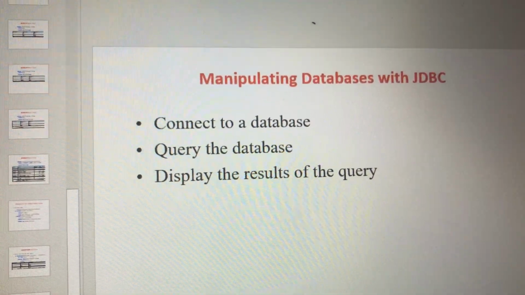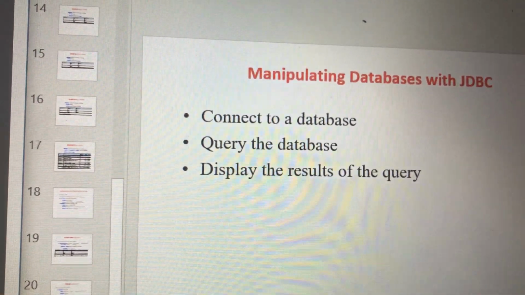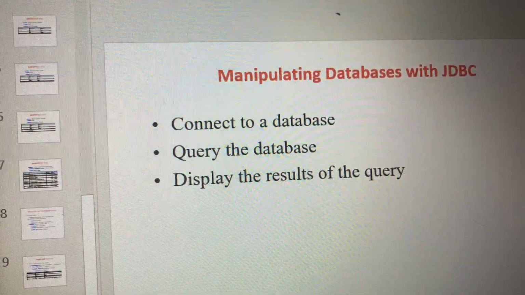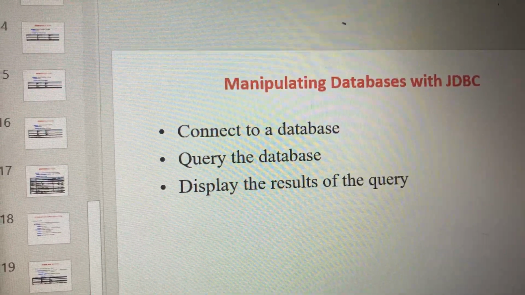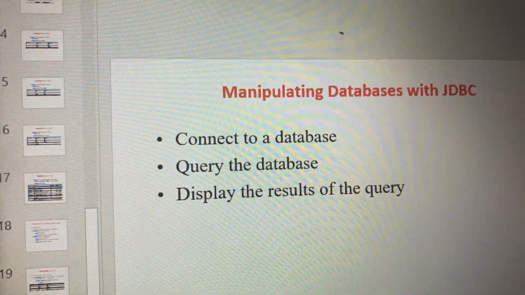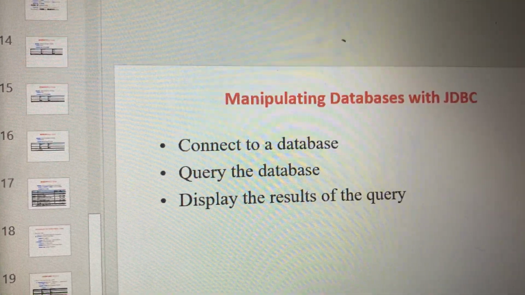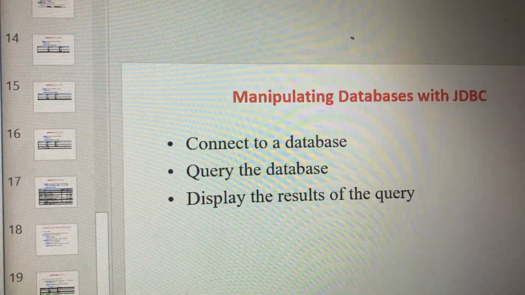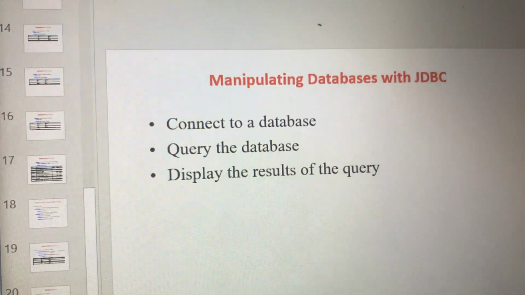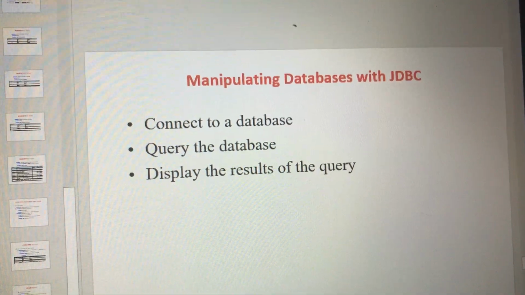The program initializes connection with the result of a call to static method getConnection of class DriverManager, which attempts to connect to the database specified by the URL. Method getConnection takes three arguments: a String that specifies the database URL, a String that specifies the username,